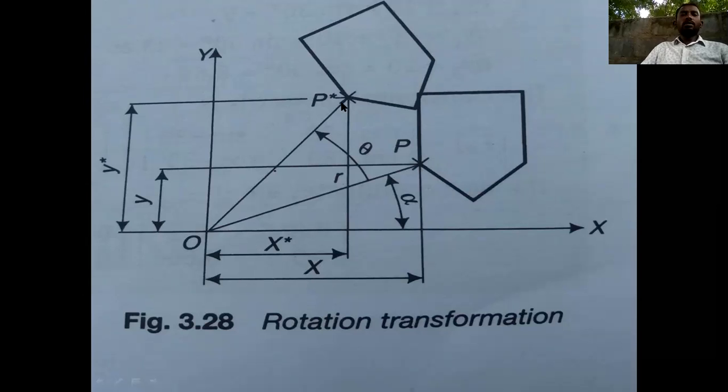So this is P dash. So the P dash x direction is nothing but x dash, y direction is nothing but y dash. So here the rotation angle is theta one, radius is r1. The rotation is nothing but r1. So it is P dash, it is a rotation transformation. This object we are rotating some angles onwards, in this direction. So here to here we are rotating